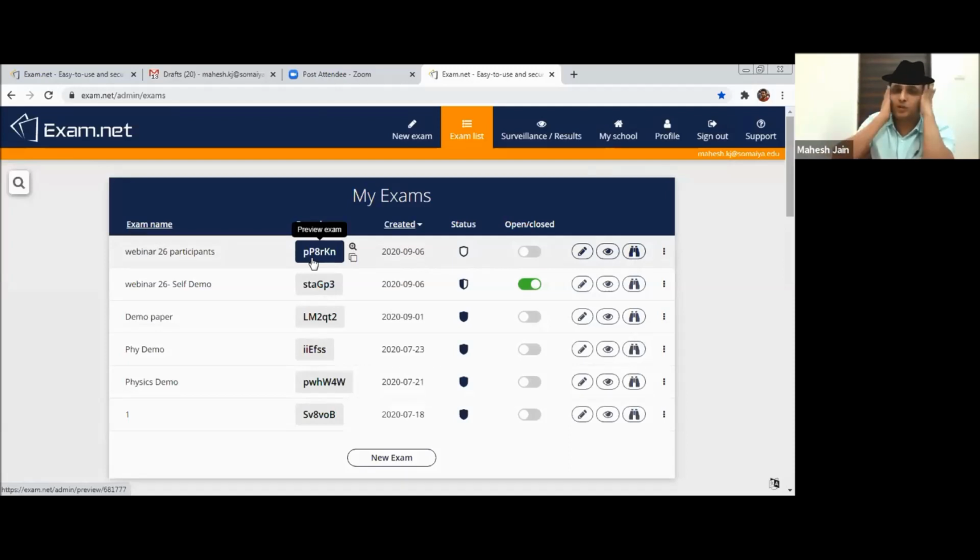Please make sure that you are hearing me properly, because the moment you go onto the tab, okay, please go to exam.net, go to student and type this key. Do not register as a teacher right now. If anyone has gone, can I just see thumbs up? The key is small p, capital P, 8R, capital K, small n. Please type,